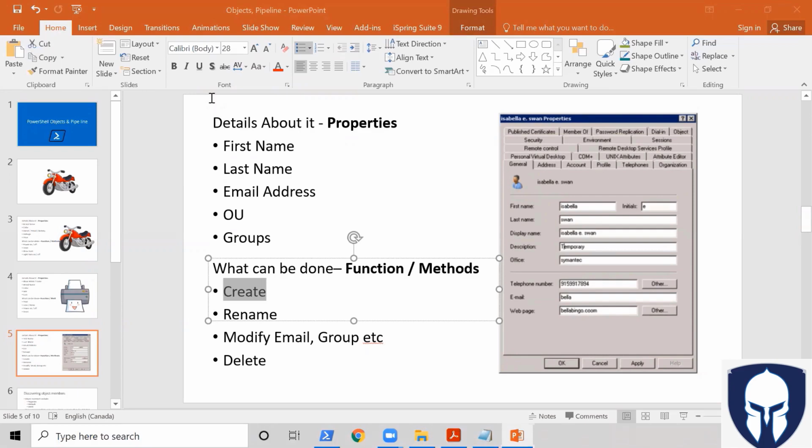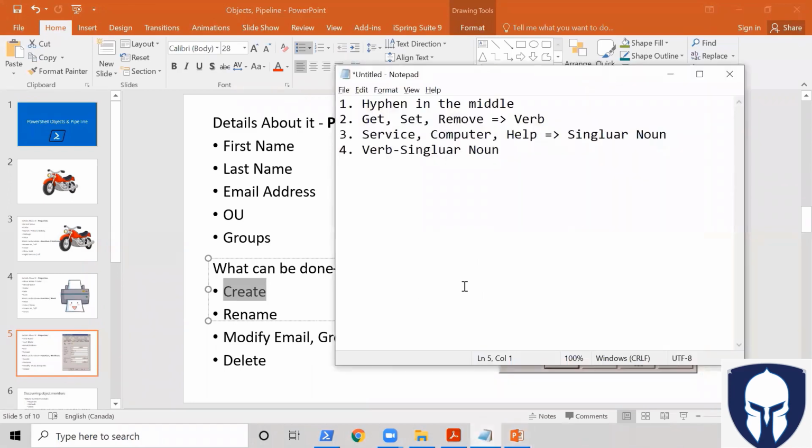I can create a user. I can rename that user from here in this panel. I can modify his email address. I can modify his group, what all the groups he belongs to. I can also delete, right? So I can create, rename, delete, modify, and that is usually called